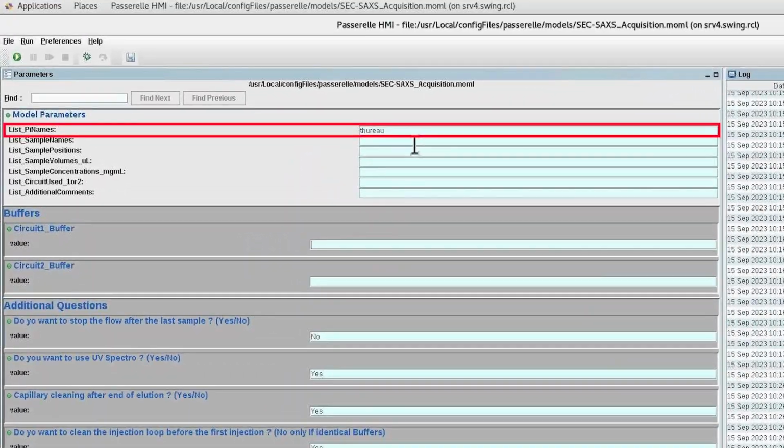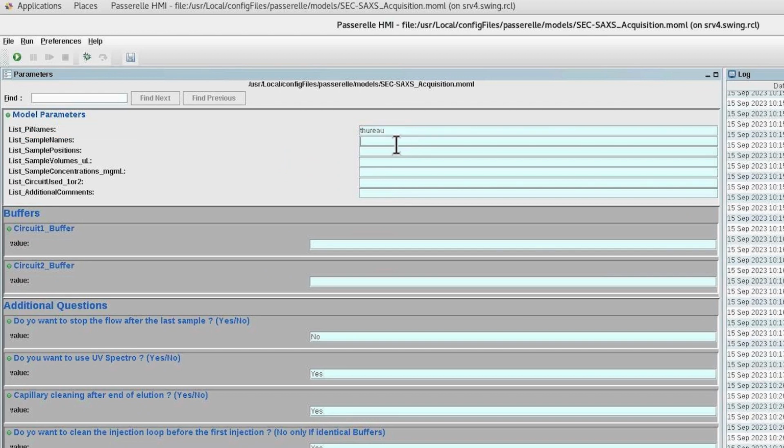The name of the associated principal investigator, PI, for the samples, the list of sample acronyms in the order of injection, separated by commas and without spaces, the list of sample positions on the HPLC rack in the same order as the samples, the list of desired injection volumes in the same order as the samples,